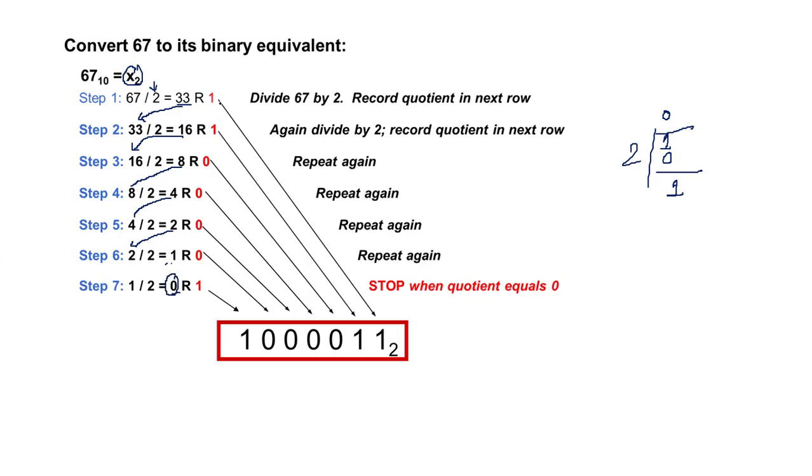What you need to do is write the remainders like this, and this will come in the least significant position. जो टॉप वाला है वो least significant में आएगा, जो बॉटम वाला है जो लास्ट है वो मोस्ट सिग्निफिकेंट में आएगा. हर एक रिमाइंडर को इधर लिखना है. तो ये आपका 67 का ये हो गया दोस्तों बाइनरी.